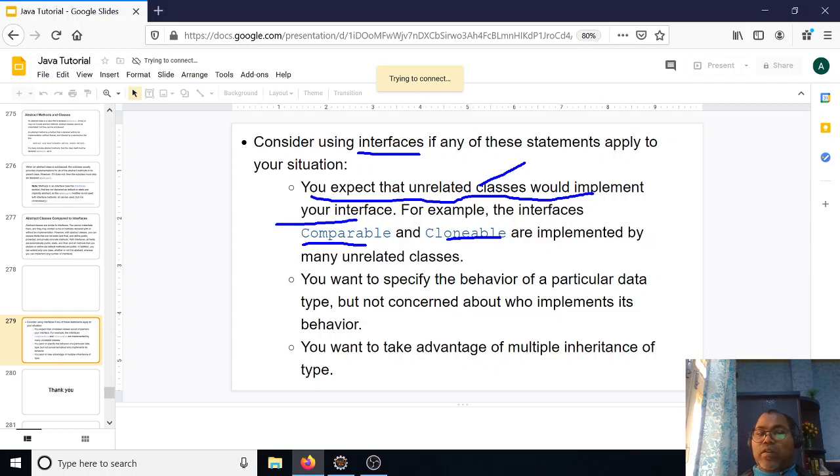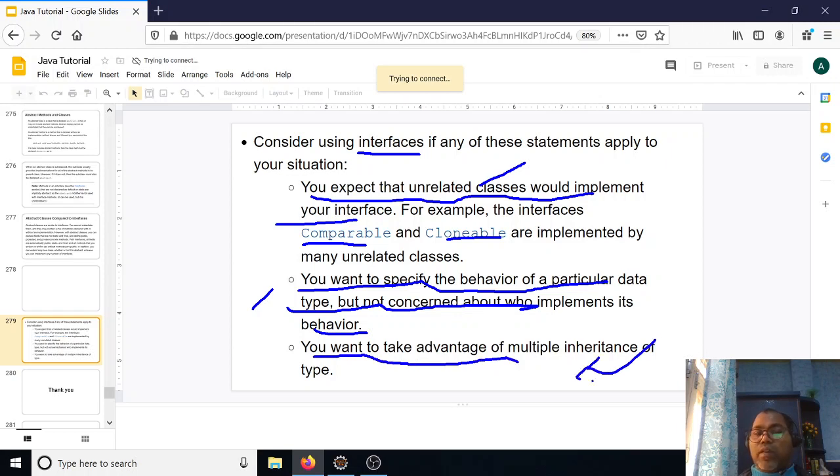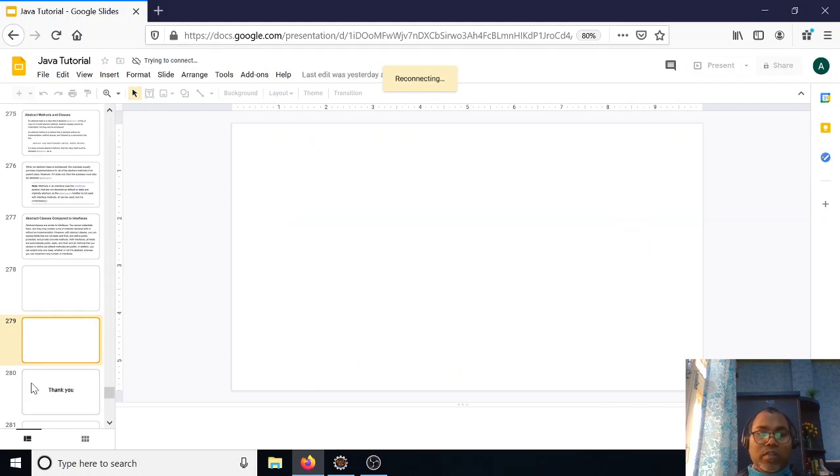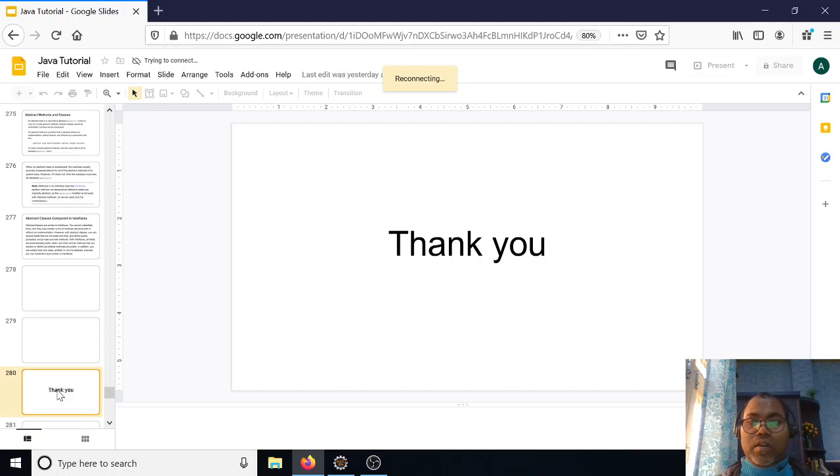This is the place where you use an interface: you want to specify the behavior of a particular data type but are not concerned about who implements the behavior. You also use it when you want to take advantage of multiple inheritance of type. That is the case where you use the interface. So these are the situations and scenarios where you can think about interface and abstract class.